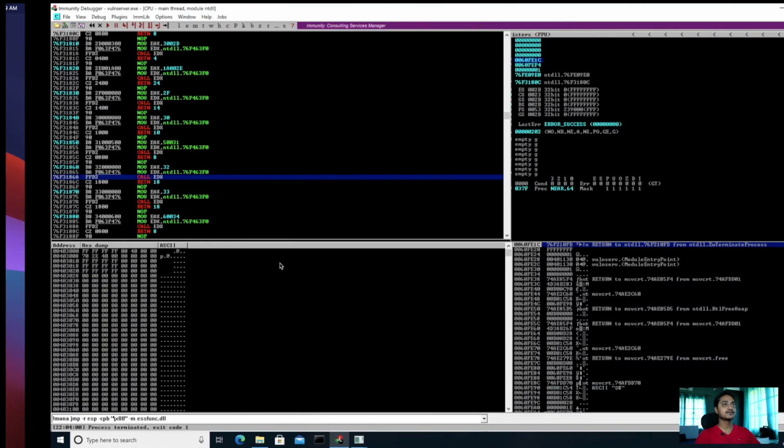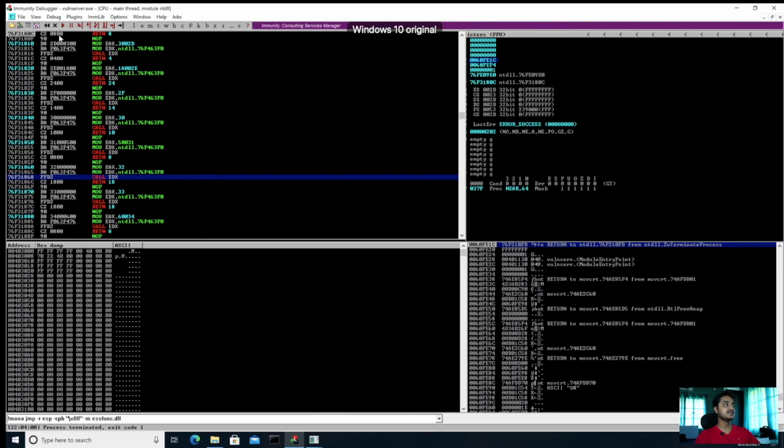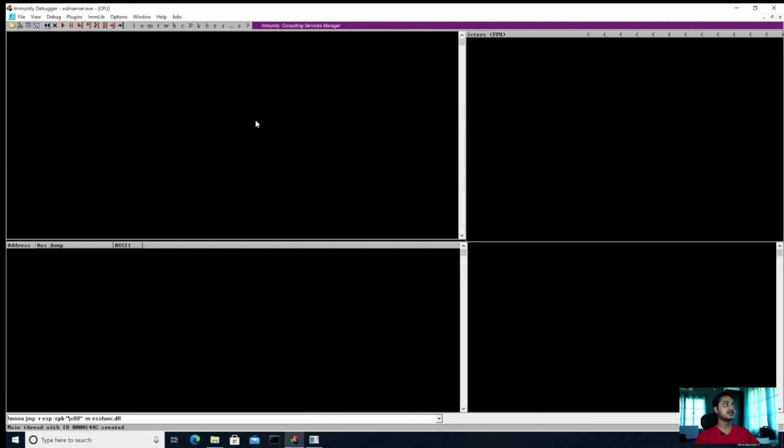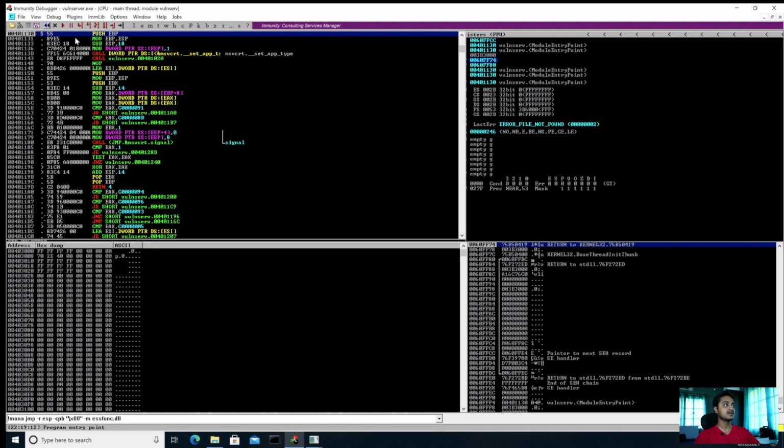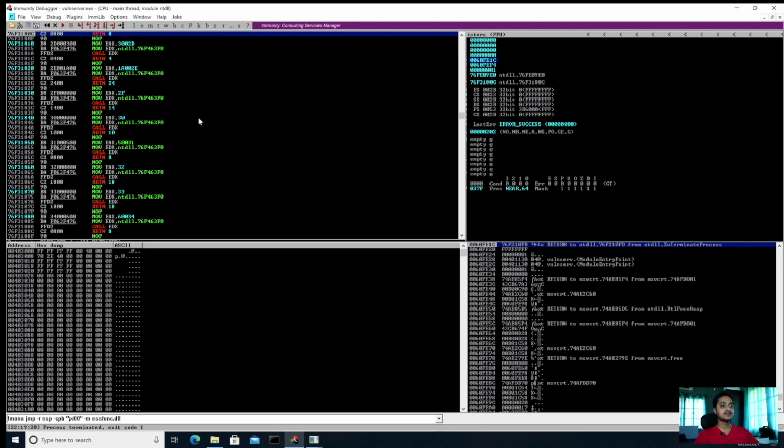Basically, I'll resume from where I left off last time. Maybe I'll link it somewhere. So this is part 2, and let me show you the final step that we are trying to reach. This is the Windows instance that we are running. I'm running the vulnerable server inside Immunity Debugger so that we can trace different events.